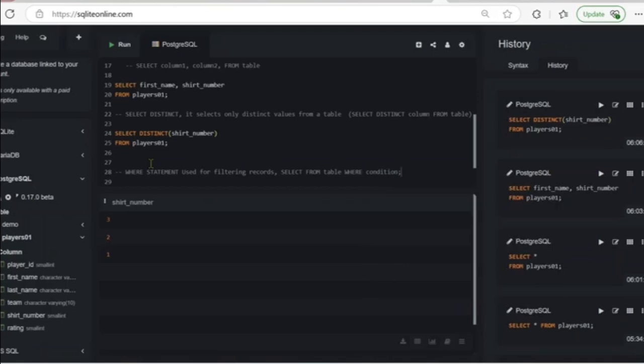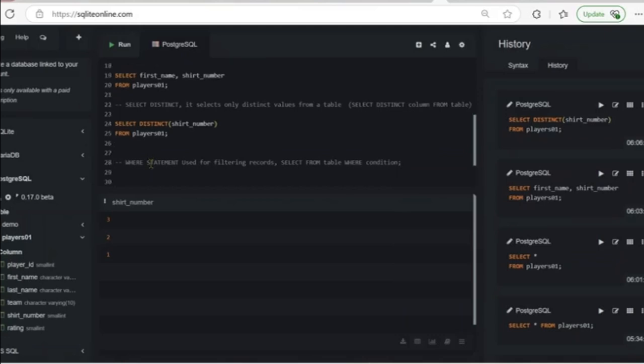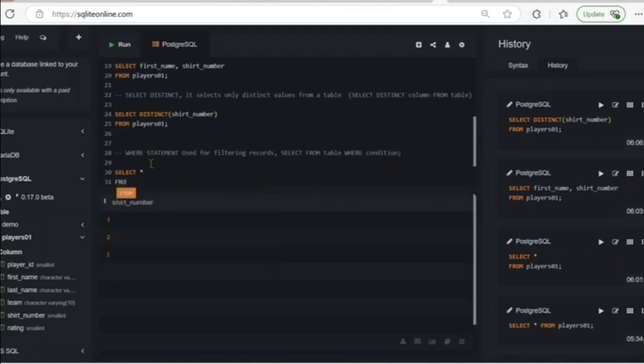Now, when we write the condition of the where statement, it is what guides the filtering in our SQL. So we will look at an example of our where statement. Start with select. We will select everything from players. These are table